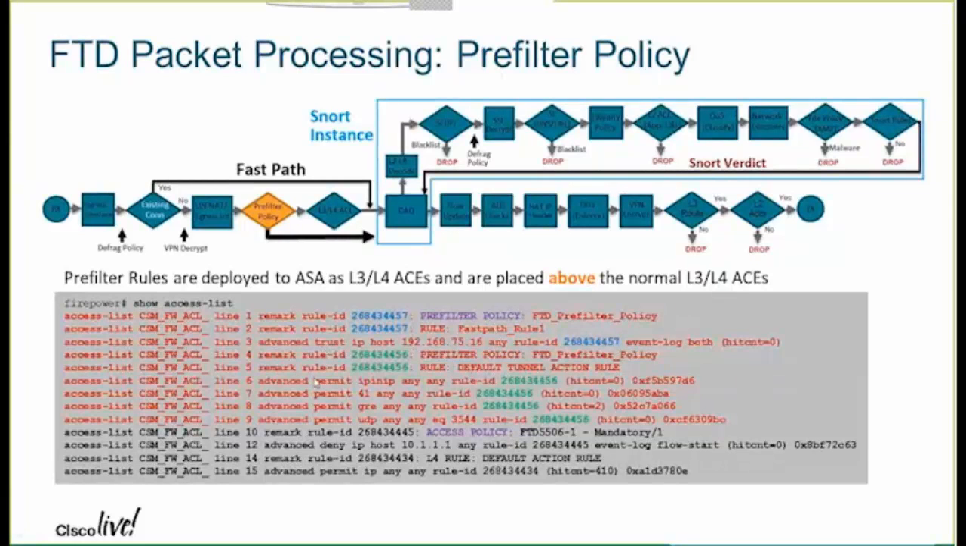And moving on, the next section is the default section. This is for encapsulated traffic. For encapsulated traffic, line numbers 6, 7, 8, 9 are the default actions. Even if you do not have any ACP rules configured on the platform, we would be seeing these advanced permits for IP, IP 41, GRE and UDP. These are for encapsulated traffic for which we perform the analyze action, and then we send the traffic over to Snort. So we permit this traffic through via the pre-filter policy and then send it over to Snort